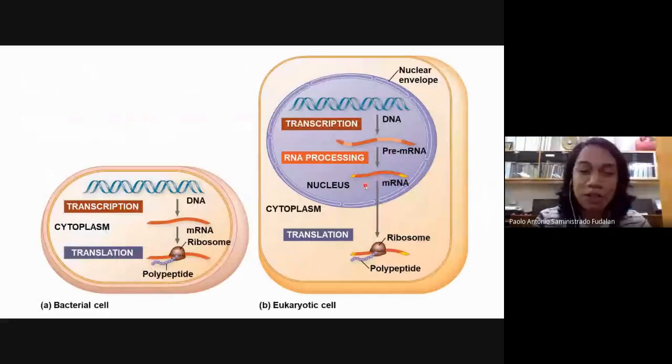Notice also here in bacteria and prokaryotes, there are no introns. Here in the eukaryotes, there are introns that need to be cut by spliceosomes. Okay, so